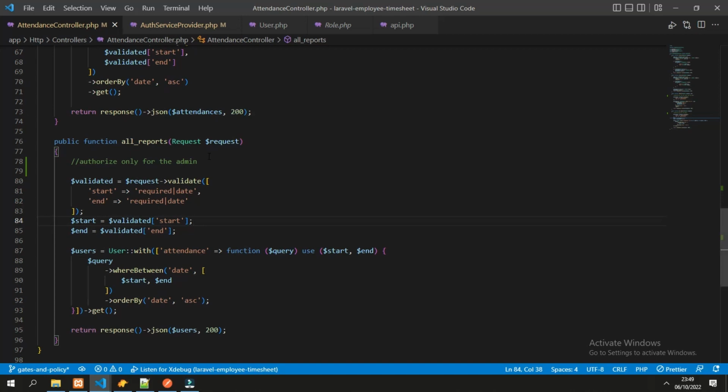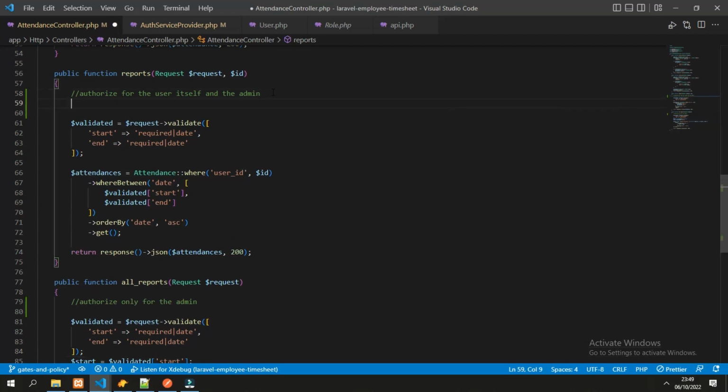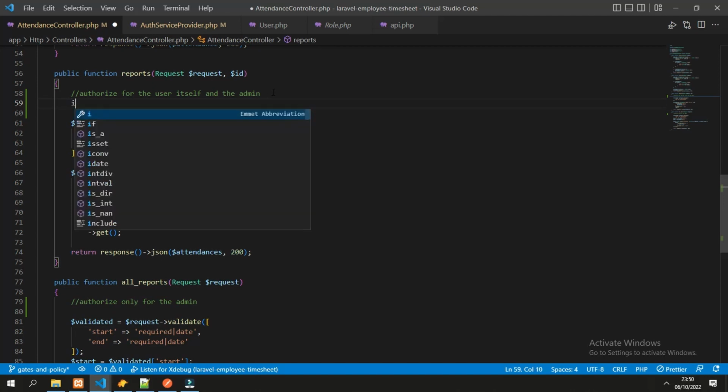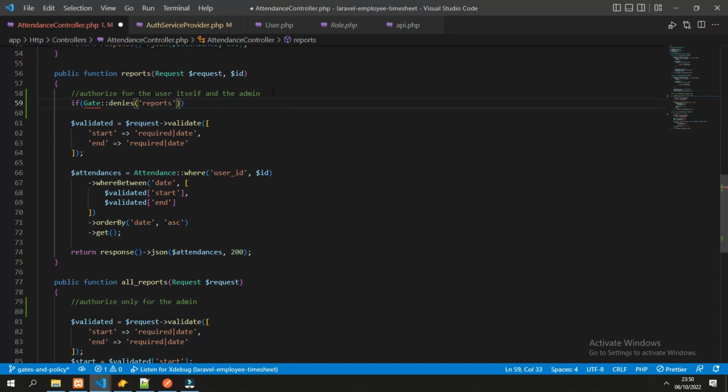So we will do the authorization here to authorize and check if the user is admin or the user itself. There are multiple ways to check on the gates. One of them is to use the gate denies function, and it will check the name of the gate, which is reports, because the first parameter is always the user and we have a second parameter which is the ID.